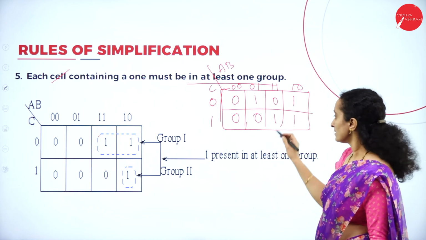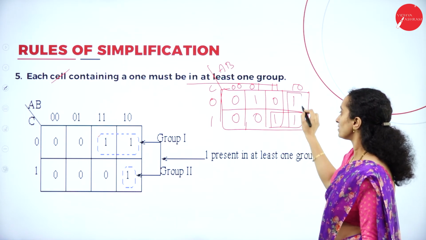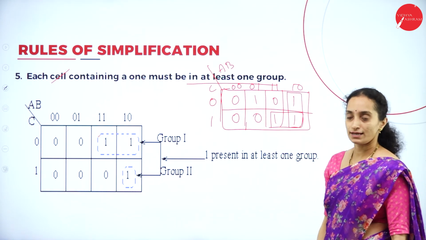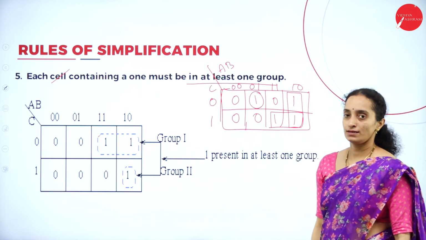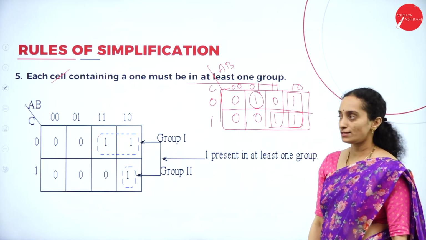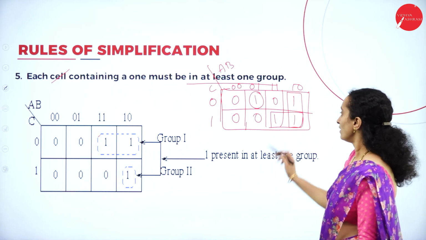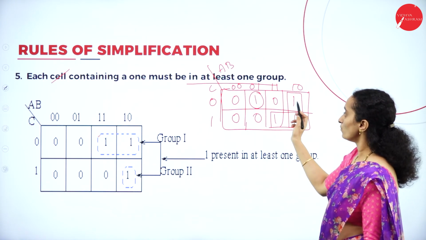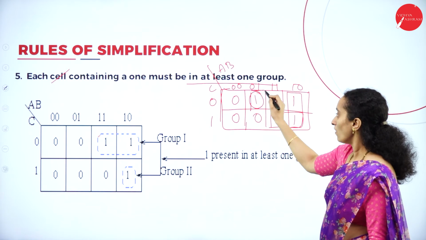What I can do is, I will group the values horizontally and vertically. But this 1 is not included in this group. So what must be done? Either you have to group it with another one, if it is possible, or you have to